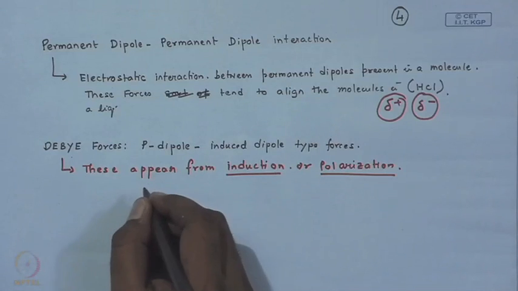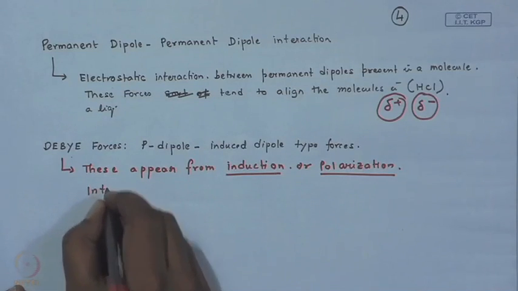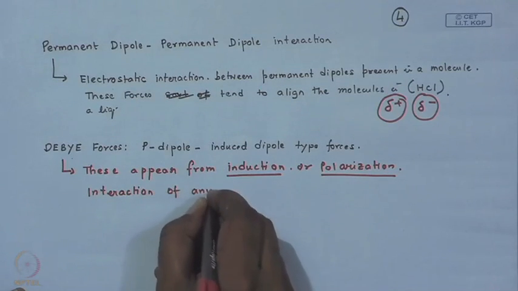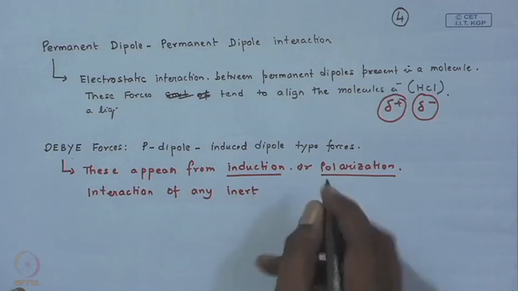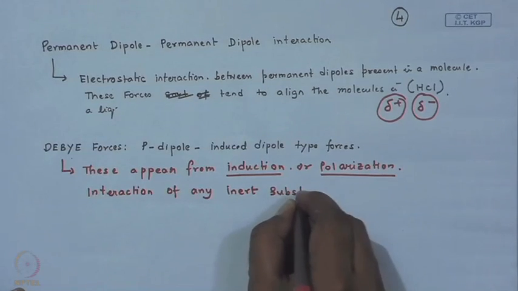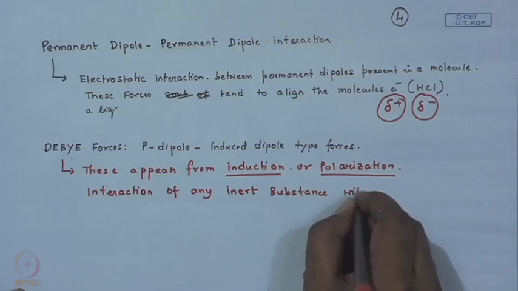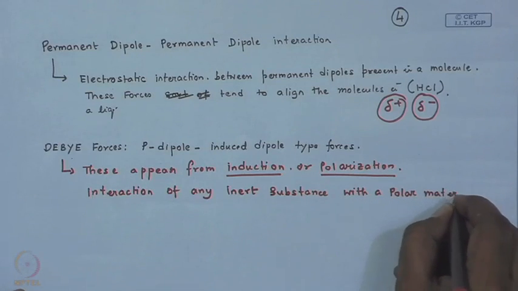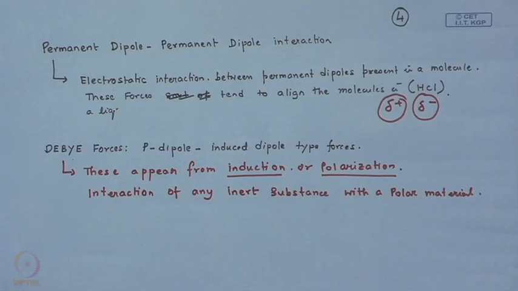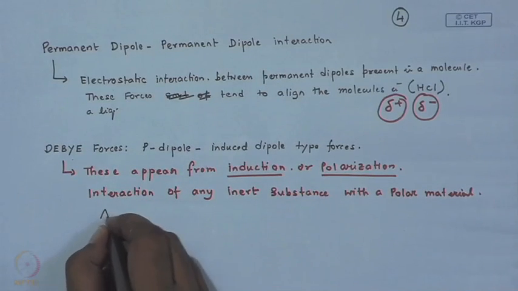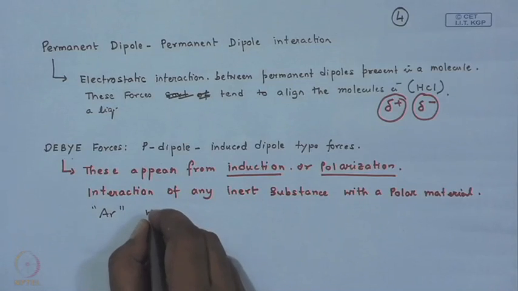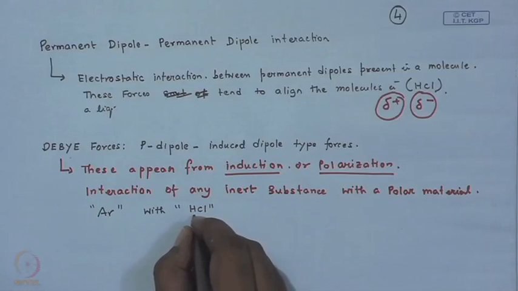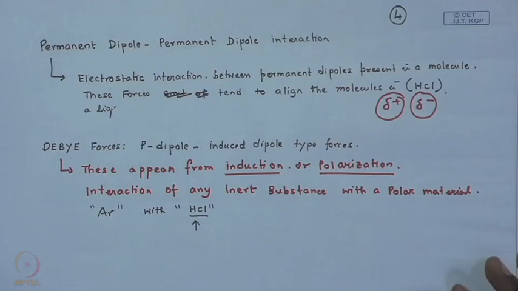A generic example can be the interaction of any inert substance with a polar material or a liquid. One of the classic examples is the interaction of argon with HCl. We have already talked that HCl is a polar compound, it has a permanent dipole, and